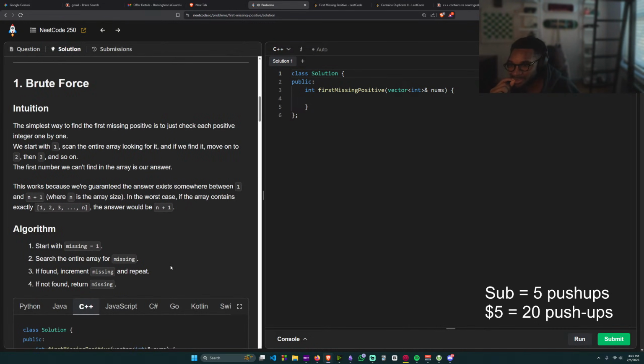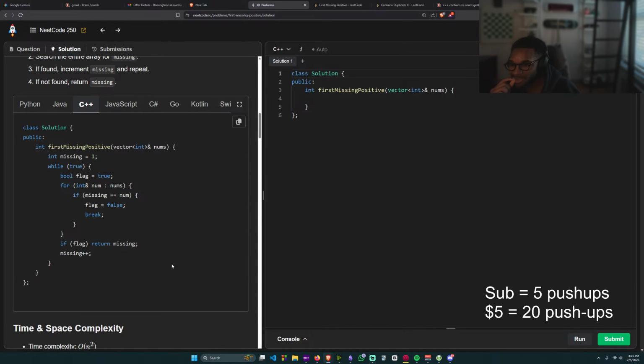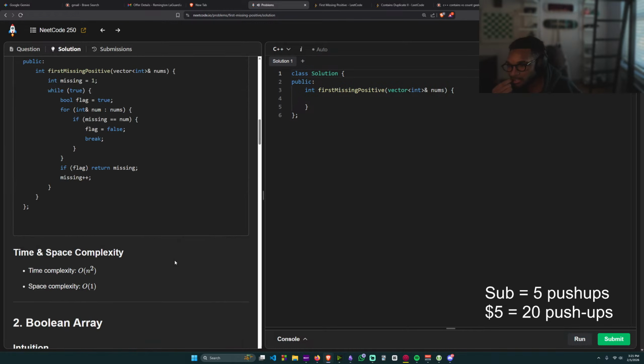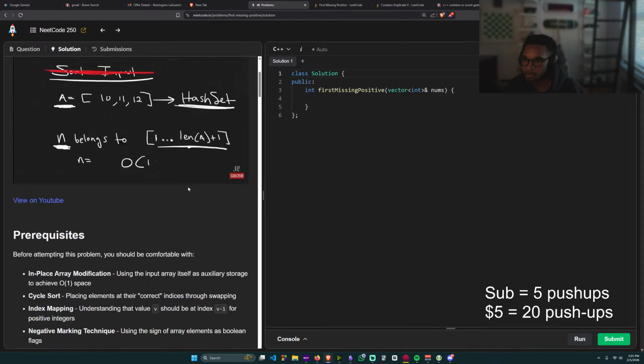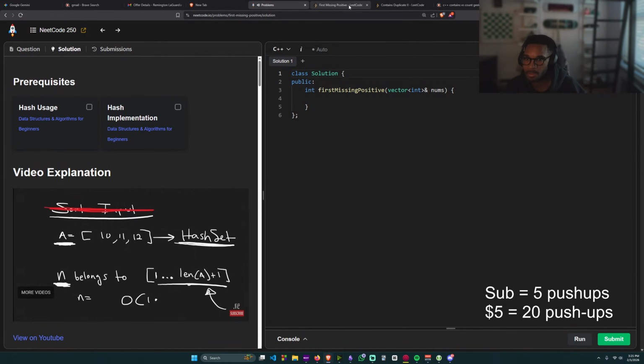If we go through the entire loop and we don't find any value, for example if even n equals the length of the array was found in the hash set, then by default we return n equals the length of the array plus 1, right? This is our worst case scenario. This is the largest it could possibly be. And since each of these operations just takes O of 1 time, and we're doing it for every value